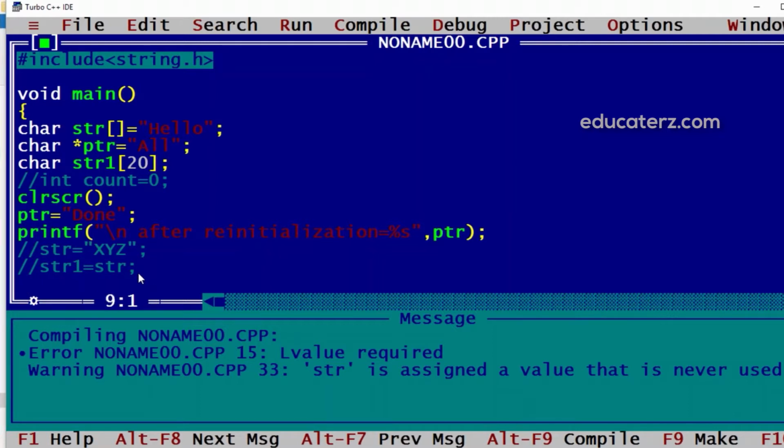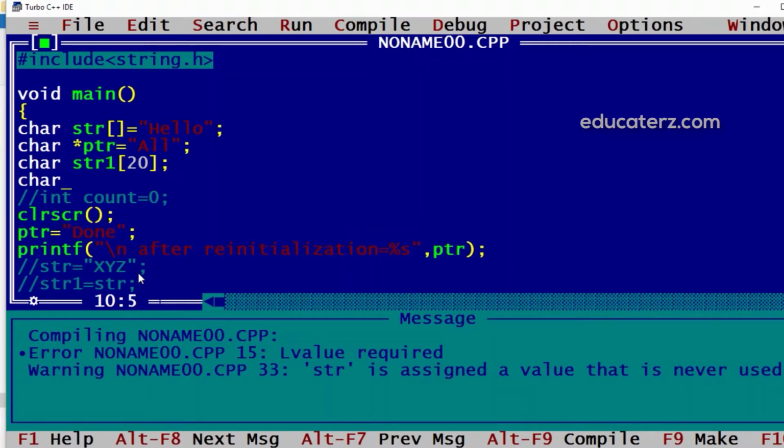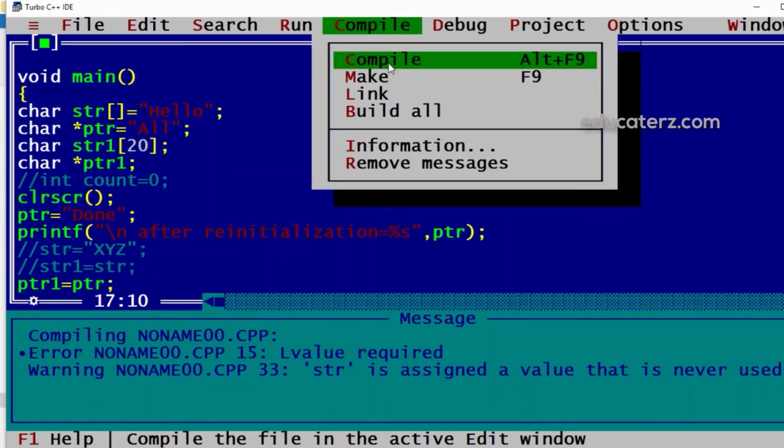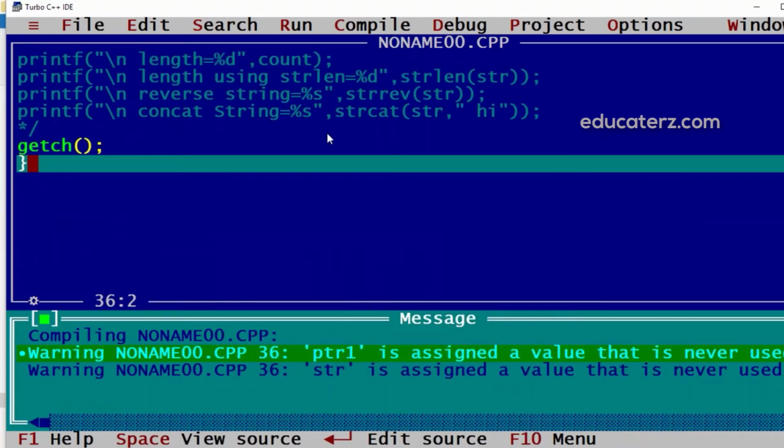That is, if I have character star of ptr1, then this ptr1 can be assigned as ptr, because this is just one address assignment. If I compile this, it won't give any error.